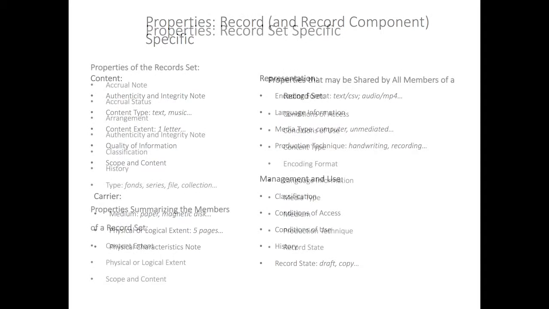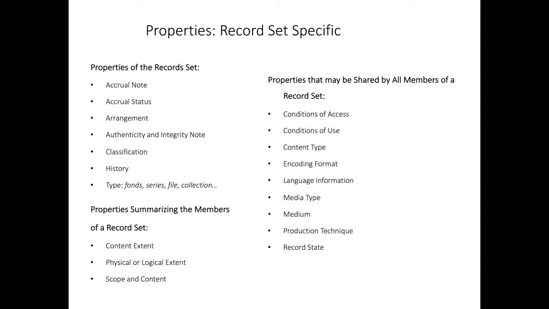When it comes to the record set, the properties break down differently, reflecting the fact that a record set is both an entity in its own right, a thing in itself, as well as the summation of its aggregate members. And so we have properties in three sorts of group. Initially we have the properties of the record set, the properties describing the context relating to the creation, management and use of the record set itself by agents, its history and its integrity and classification, its arrangement, and whether and when there may be accruals to it.